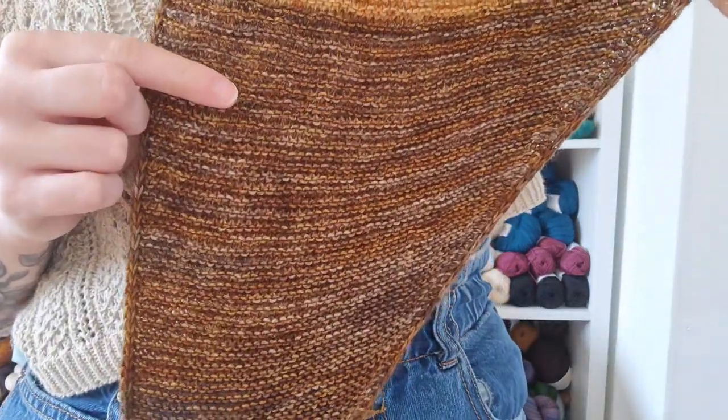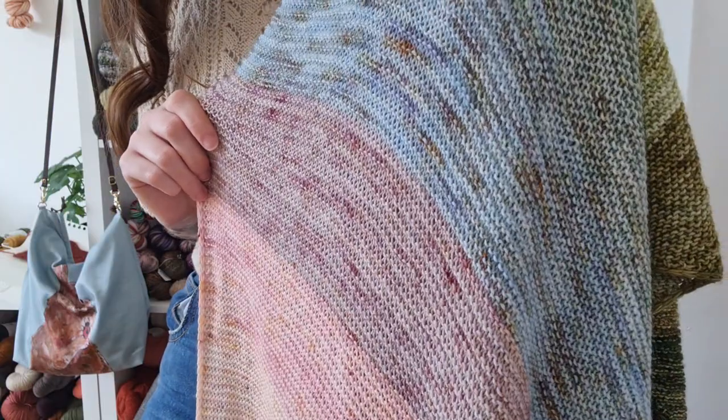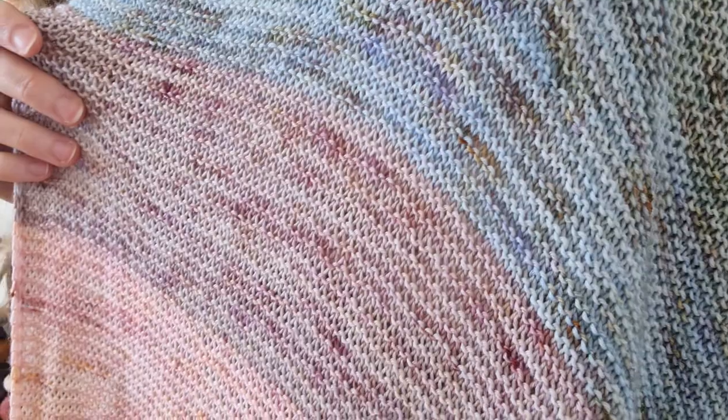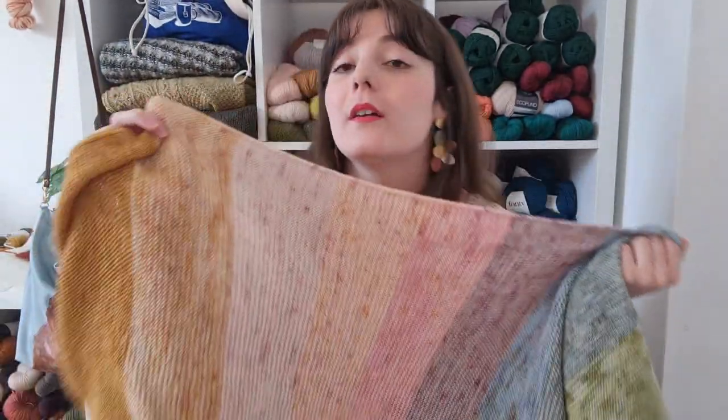This is my favorite color, this brown. I really love it. And this is how it goes. This is my second favorite. This lilac-y. It shows more gray on camera, but it's really like a very light purpley lilac with beautiful speckles of more violet, and some of them are ochre. It's really nice. And all the way into green. So yeah, and the I-cord